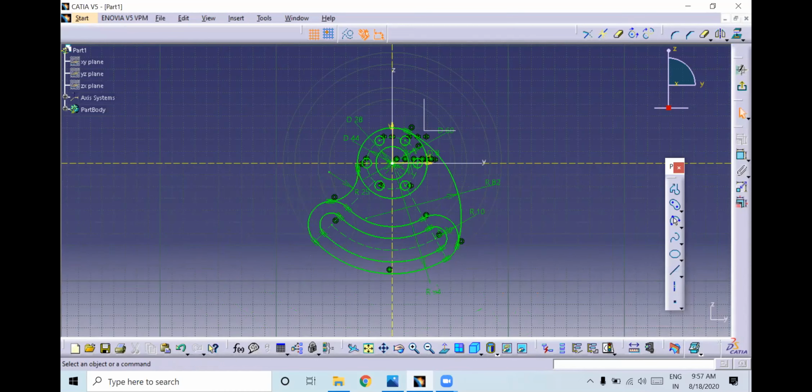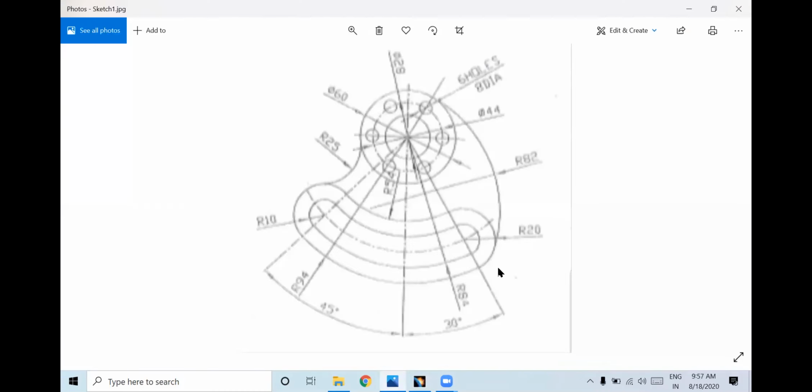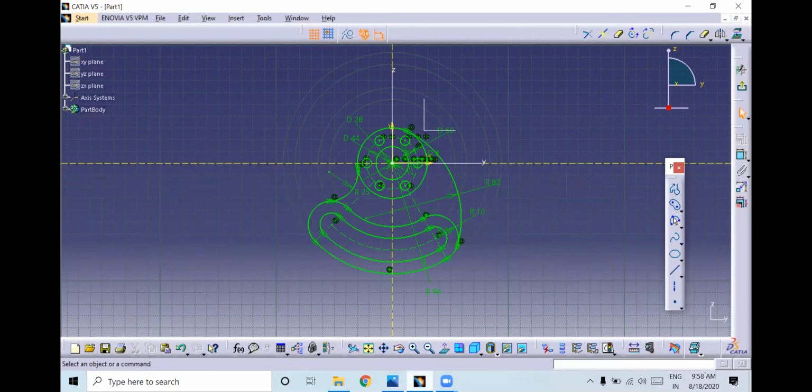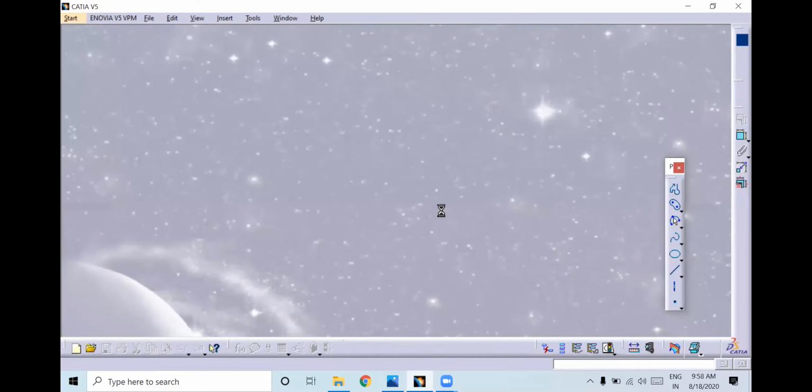Okay. So shall I show you another one? See one more. I will show you how to create this sketch. As you are a fresher, initially you feel difficulty. So start creating wherever you have complexity. Here we have the complexity, right? So we'll start from here. I will just close this.